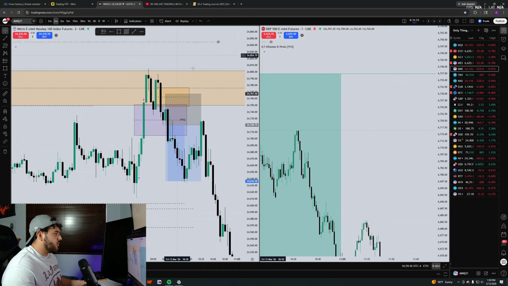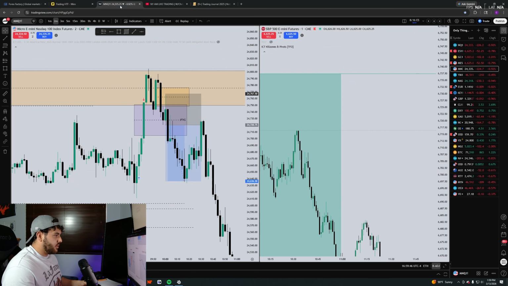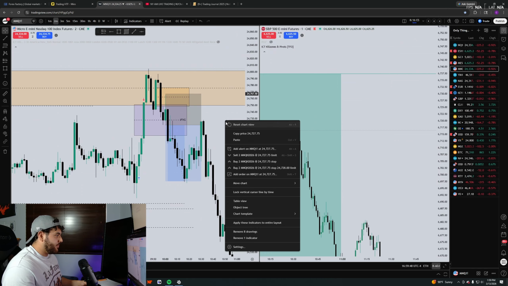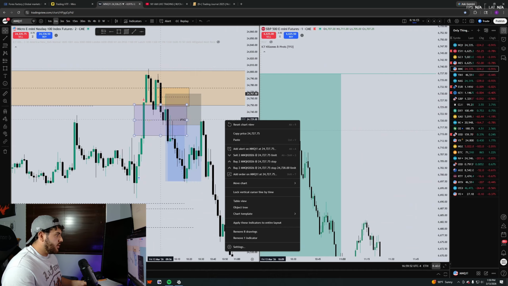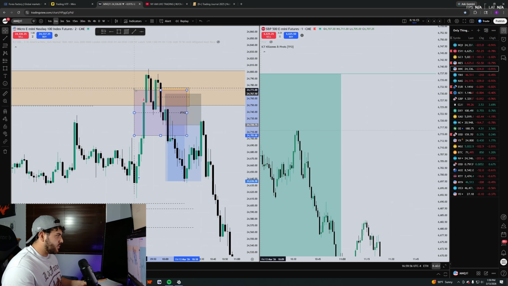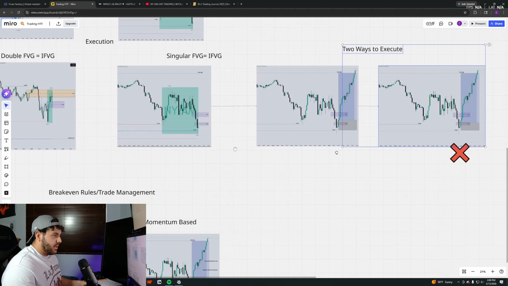So we saw the lows right here that were built up. We had our delivery from the hourly fair value gap. We had our execution from this, which was a double fair value gap. So this was a much larger inversion, that's fine. And then